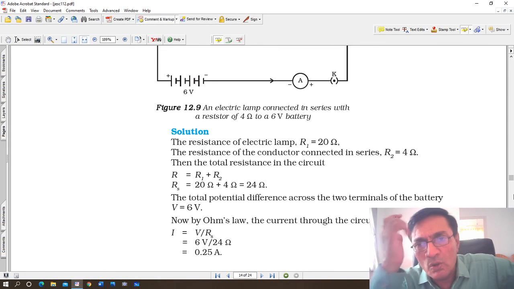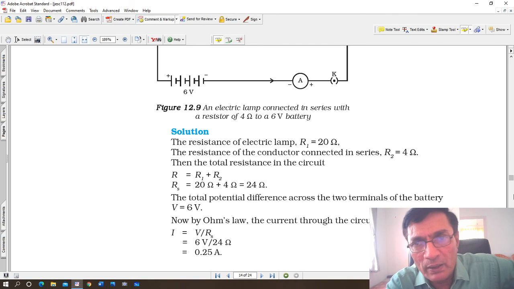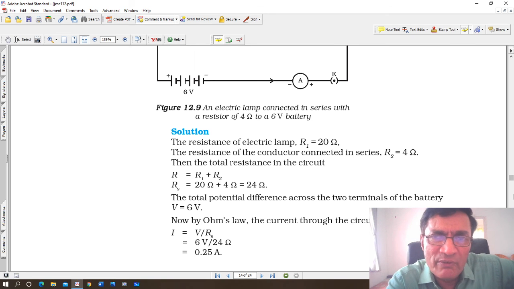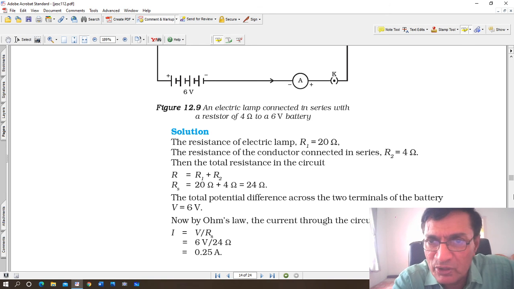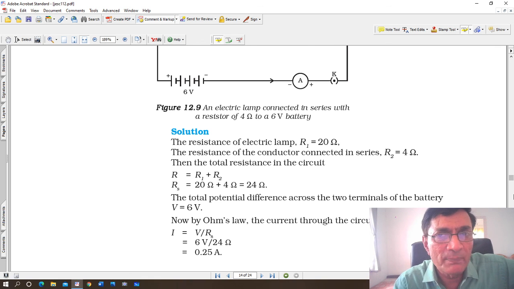Now tomorrow we'll carry on with resistance in parallel. Series is done, now parallel. As far as these numericals, in physics the most important thing is derivation. I will show you this derivation because I need a piece of paper; just explaining like this is not good enough. Once the chapter is over, these two or three things, Ohm's law, resistance in series, resistance in parallel and numericals, require a pen and paper. I will do that once this is over, and I will also give you the PDF. But we carry on and finish the chapter and explain all the details so you understand it thoroughly.